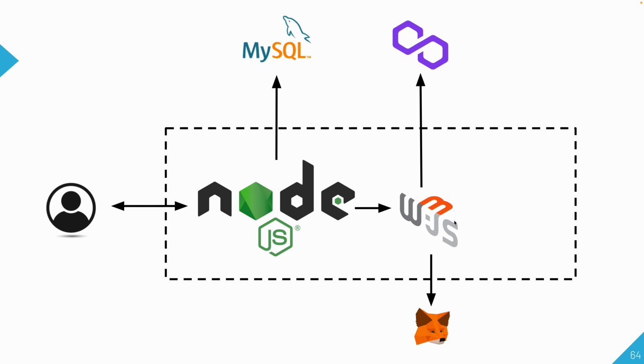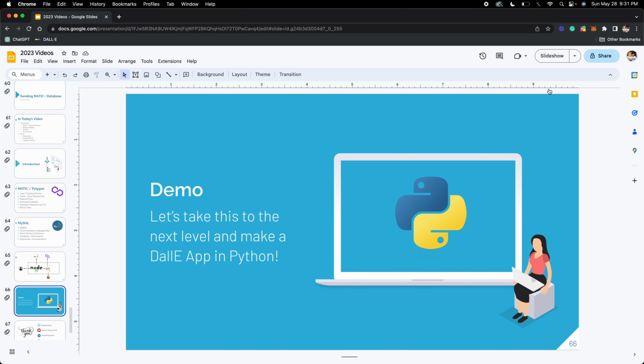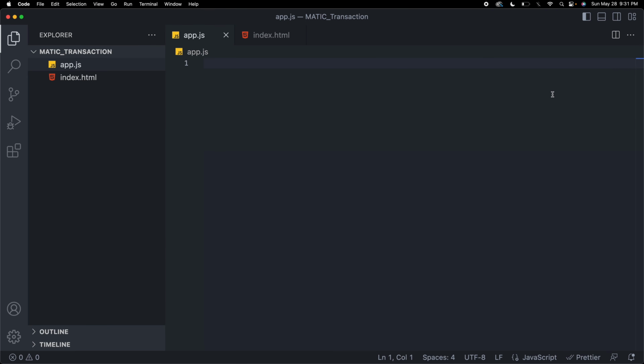Now the Web3.js library is going to connect to the Polygon network and MetaMask so that we can make transactions from the user to the application, and then it'll send money to whoever we want to. And then later on, as an extension of this project, we might even be able to log all of these transactions in a MySQL database. So yeah, now that you guys know about the project, we can actually get into the demo to actually make this project. Alright, so first of all, I'm going to go to my editing software, which is Visual Studio Code,